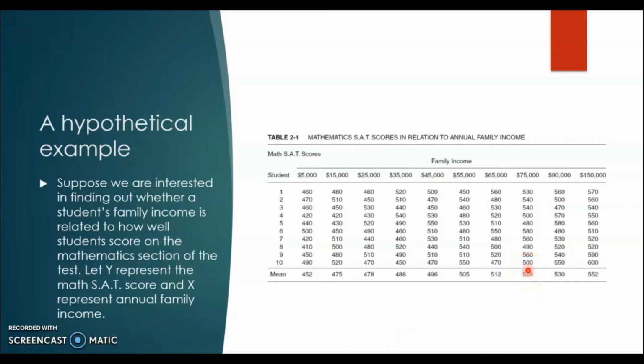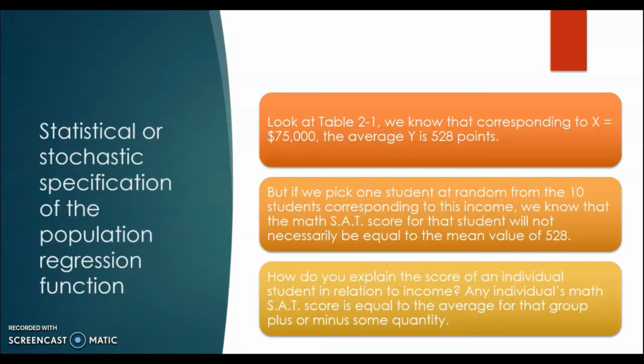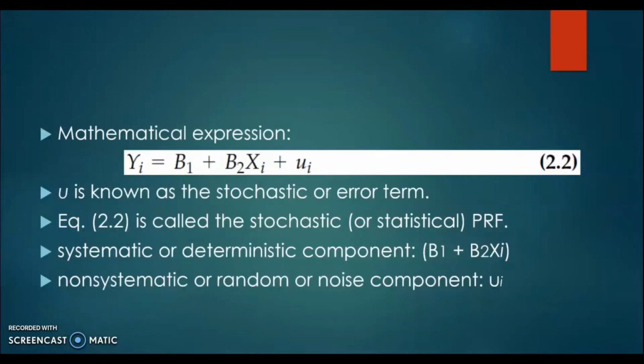Well, the best way that we can do is to say that any individual math SAT score is equal to the average for that group plus or minus some quantity. So how do we integrate this statement in the equation? Well, it is actually pretty simple. In order to express that mathematically,